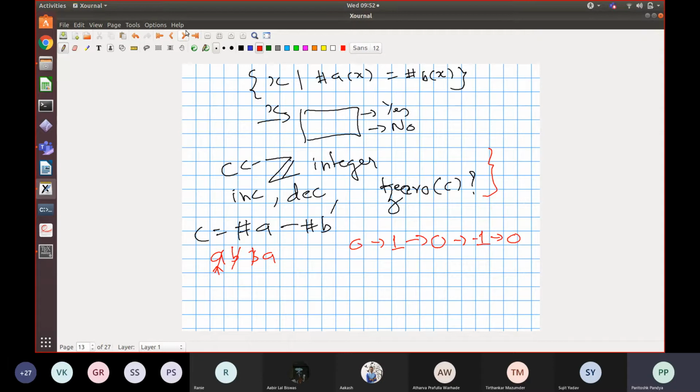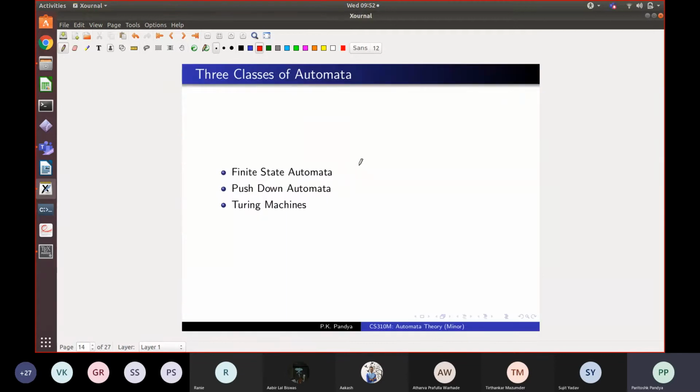Okay, just an abstract idea of what we will learn in this course. What you have seen from these two solutions to this language recognition problem is that we can have automata with different kinds of memories they can use, and operations on memories they can use. At each step, it can make use of those operations on the memory. And depending on the kind of memory you use, you get different classes of automata with different powers. In this course, we are going to study three different classes of automata. There are many. There are finite state automata, pushdown automata, and Turing machines. This is what we are going to study.